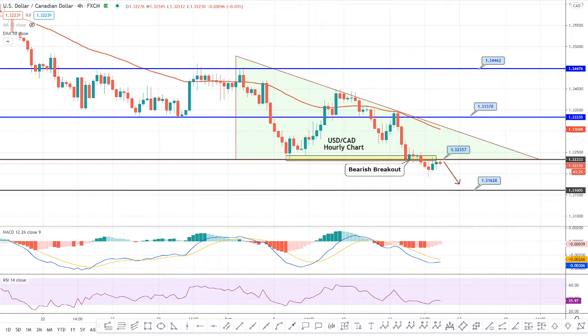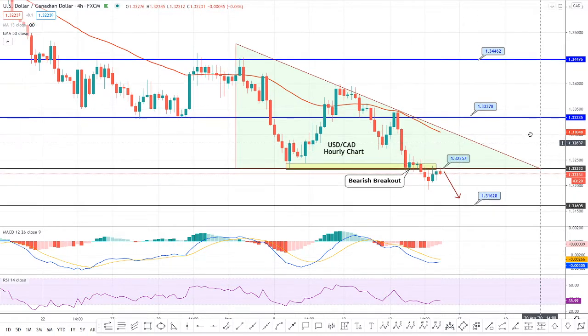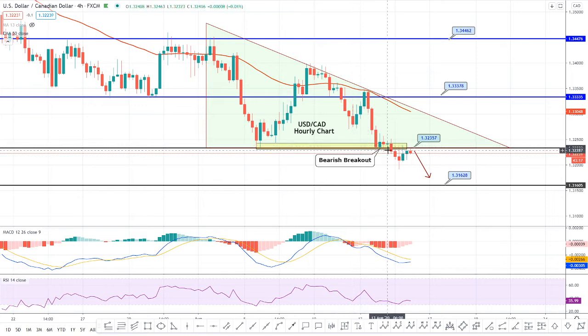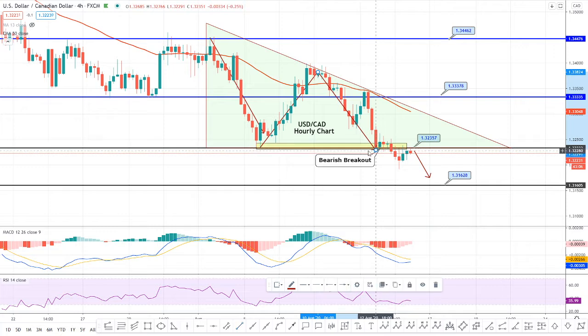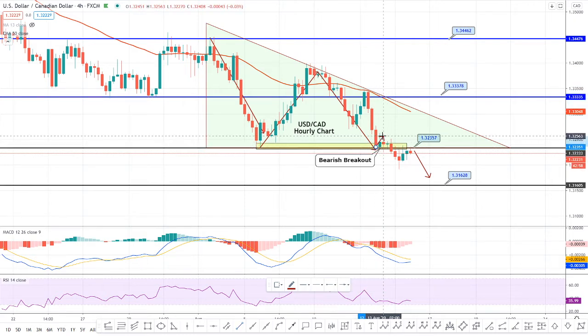For example, if we take a look at the 4 hour time frame, as we can see here on the chart above, the market has violated the descending triangle pattern. The market was trading inside the descending triangle pattern, falling down, taking a bullish trend, and then the market fell down to test the support level once again. This becomes the double bottom level, and as soon as the market violates the double bottom level, it tried to bounce off, but unfortunately, or maybe fortunately, the market manages to give us a closing below this particular double bottom